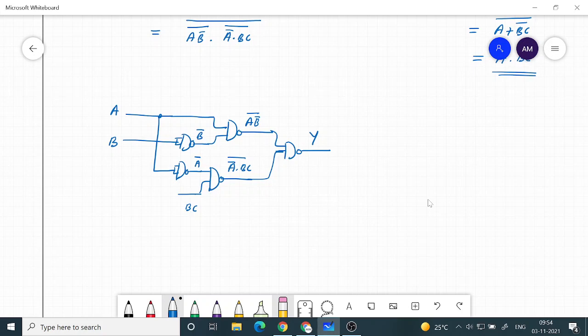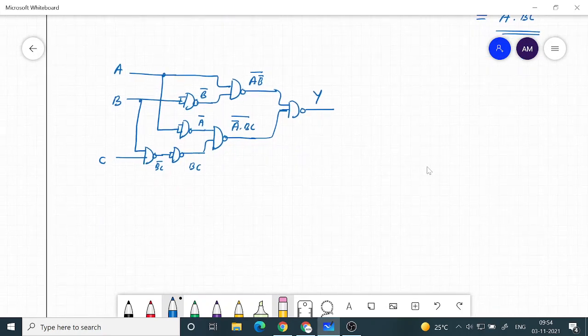So all you need to do is take B and C from outside. I will get basically BC bar. Here it is BC bar. So if I put one more gate, that is the implementation.